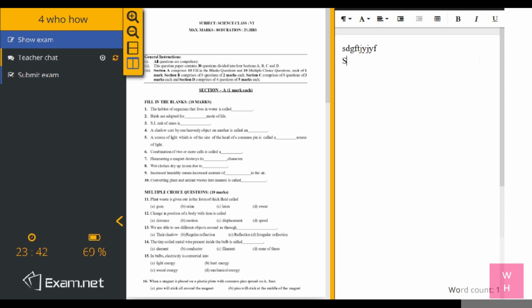So for say section A, fill in the blanks. Serial number 1, serial number 2, I can write my answers like this, and then I can go to multiple choice questions, and I have to write the serial number and then I have to write my answer. Say A, then I have to write the serial number and write my answer,